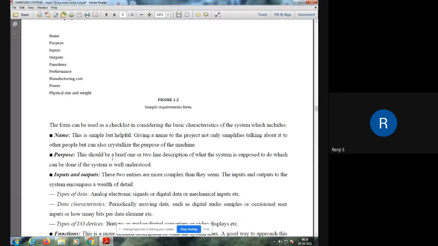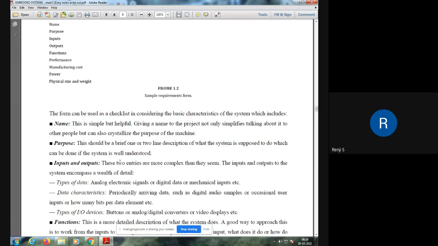The first one is the name. A name is given for any project that you develop. Even when you're doing your main project, you give a name for the project based on the functionality, or the output that you're going to generate, or the application that you're going to implement. The name is used to identify the project, and also to speak about the project to others, and the name should give an idea of what you're going to develop. That is the first purpose of giving a name to a project.